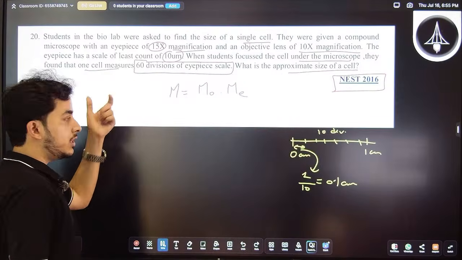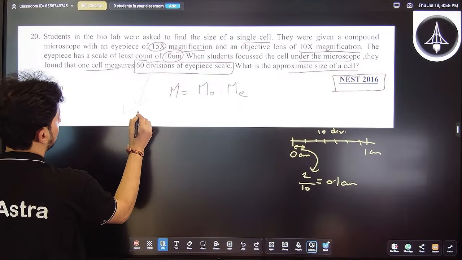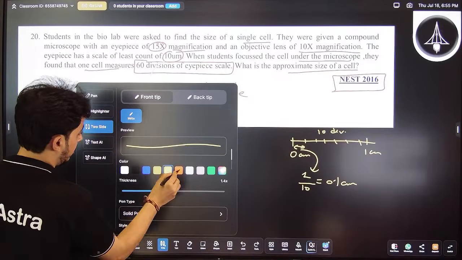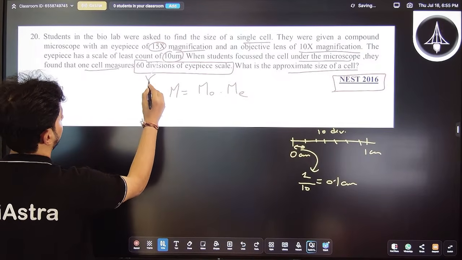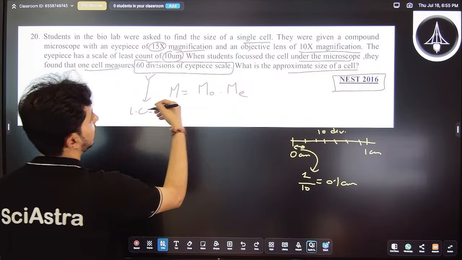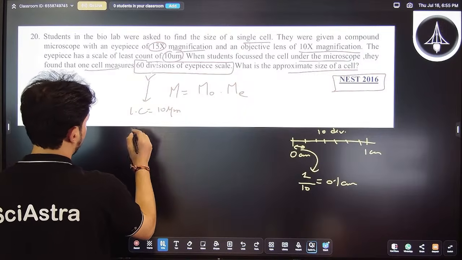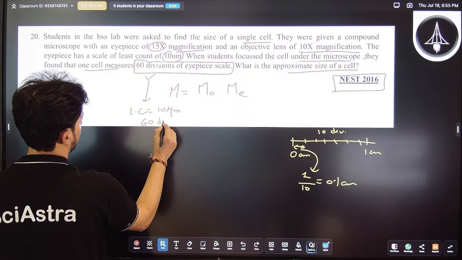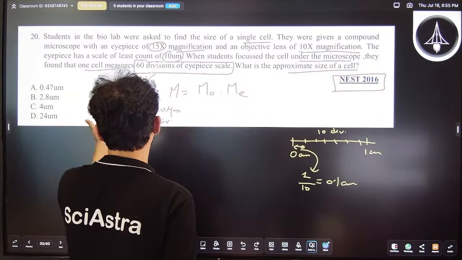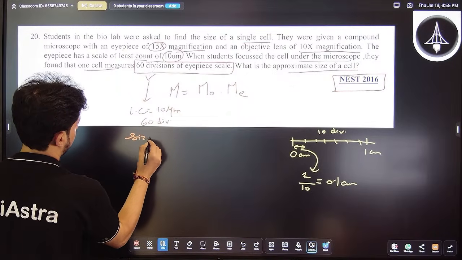Similarly, for the eyepiece, the least count value here is 10 micrometers, and here you have how many divisions? One cell measures 60 divisions, right? So here you have 60 divisions. Now if you have to calculate the size of the cell,